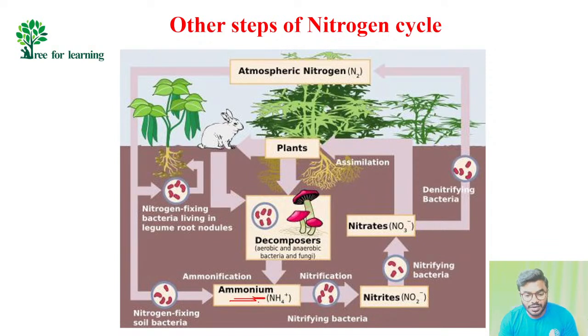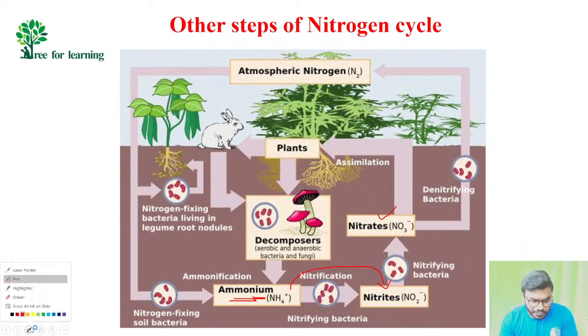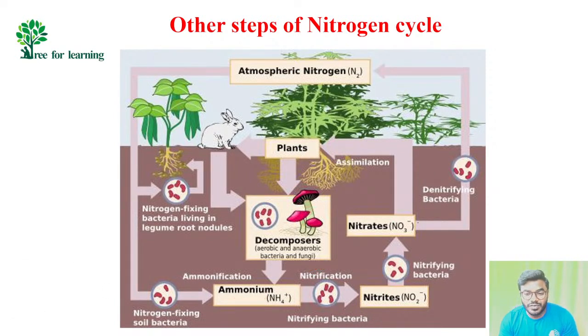Once we convert N2 into NH3 or NH4, friends, this NH3 or NH4 can be broken down into more simple forms. What are the more simple forms? NO2 is one simple form, NO3 is one simple form. What is the point that every student has to remember here? Understand my words. Production of NO2 and production of NO3, both are the same process. Both are called nitrification only. There is no doubt about it.